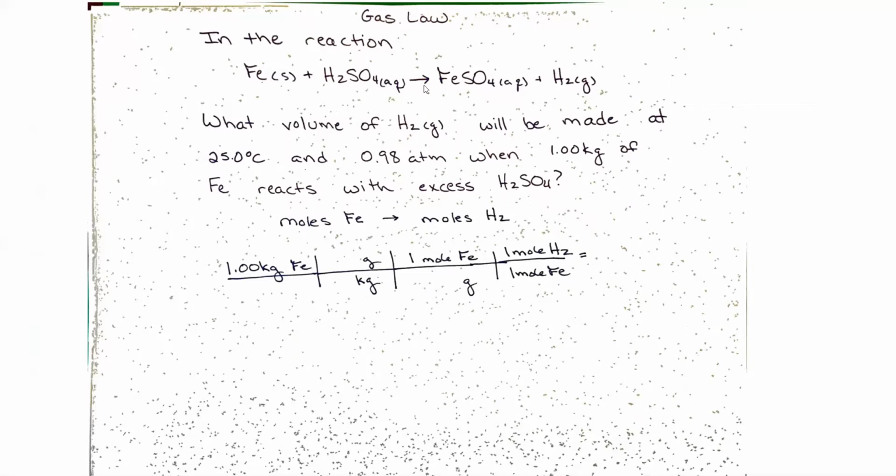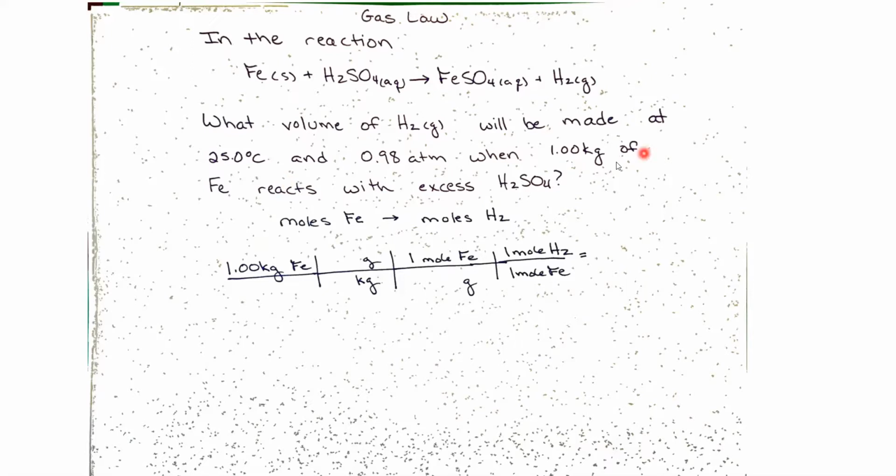All right, so you're given a reaction here. Iron plus sulfuric acid goes to make iron 2 sulfate and hydrogen gas. So what volume of hydrogen gas can be made at 25 degrees Celsius and 0.98 atmospheres when 1 kilogram of iron reacts with excess sulfuric acid? And the thing we need to realize for this is that we have enough information to get moles of iron. We were given